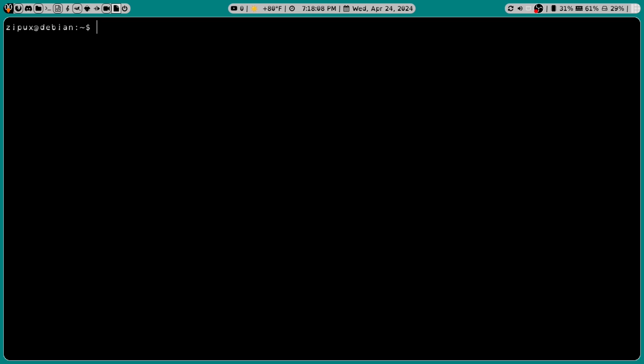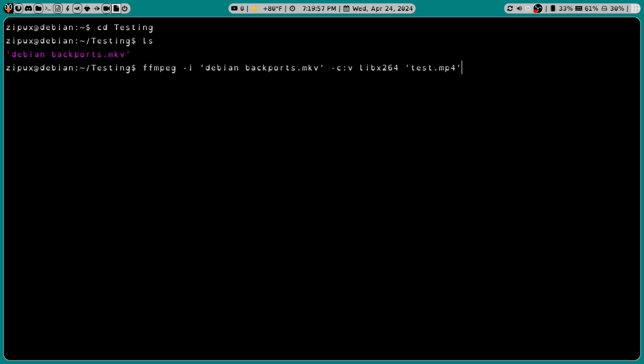So the first thing you'll want to do is cd into the directory in which your file is located. Mine is located in testing. And we're going to ls to see the contents of the folder. And as you can see here, one of my latest videos, which is raw, is in this folder. And in the terminal, you want to type in